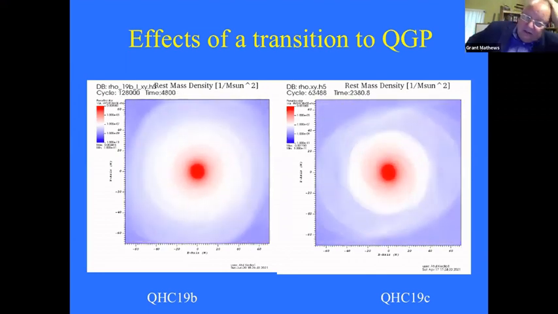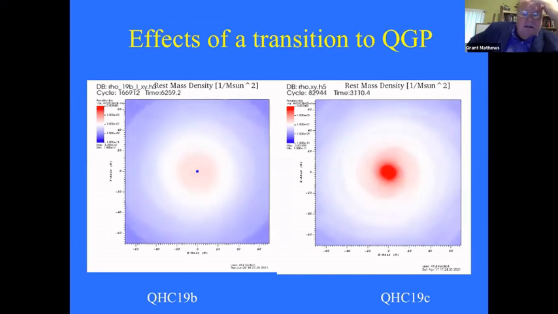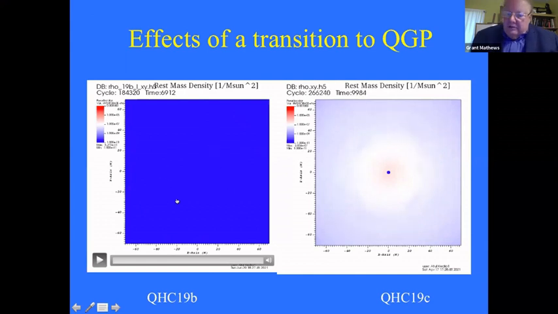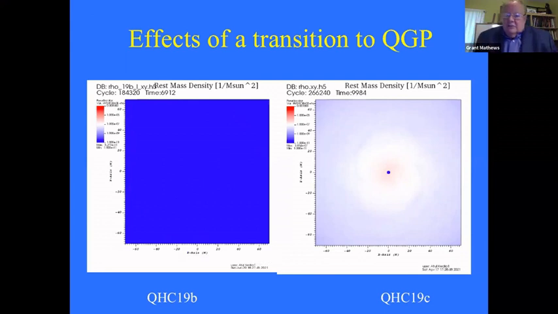It's the QHC19 equation of state from Baym and others. Not going into detail, but the difference between the two equations of state is the strength in the non-perturbative regime of QCD, the strength of the vector coupling and the di-quark channel. In C, the equation of state is much stiffer on this side. In B, it's a more moderate transition. Both transitions occur at the same time, and both stars are the exact same simulation. Let's see, I'd like to show it again just to make a point.